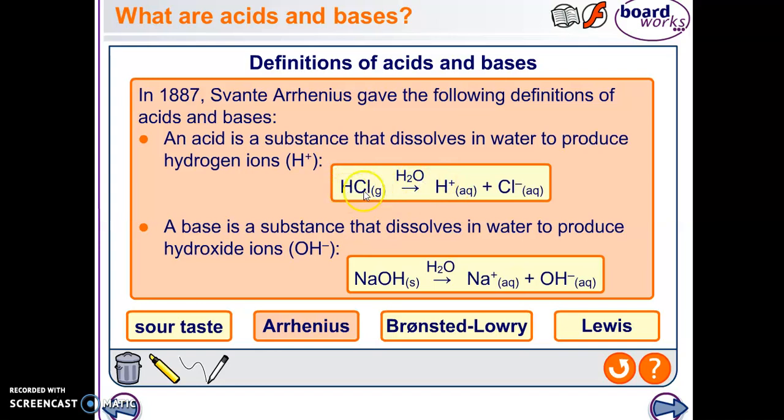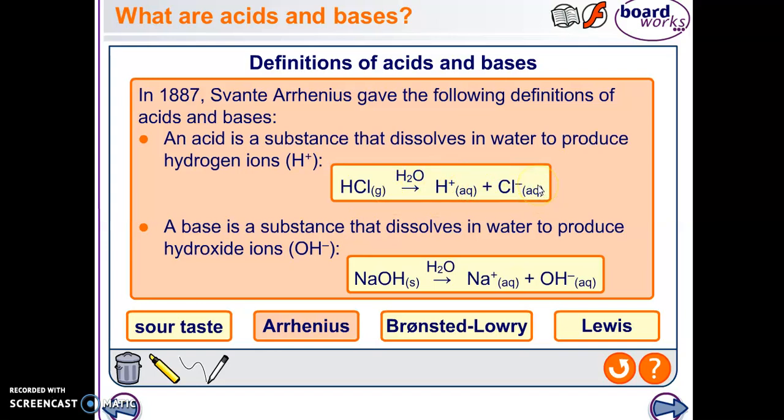For example, hydrogen chloride is a covalent compound, but it is formed of two types of ions. One is the positive ion H plus and another is the negative ion, meaning anion, chloride ion. So whenever this hydrogen chloride is dissolved in water, these ions are separated. The separation of ions is called dissociation, and when hydrochloric acid dissociates, it gives H plus ions and